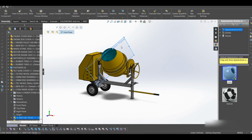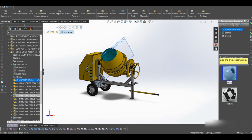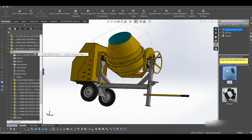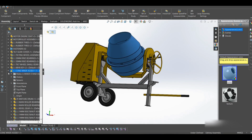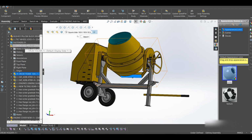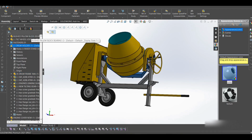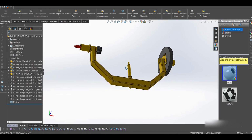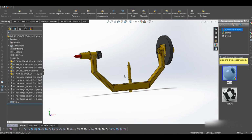Let me try to hide this and just do that. And what else? Let me see. So we have that. Let's open this next, the drum holder. So the drum holder is just this. It's just a few pipes welded together